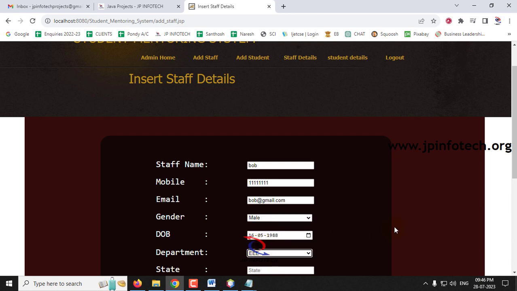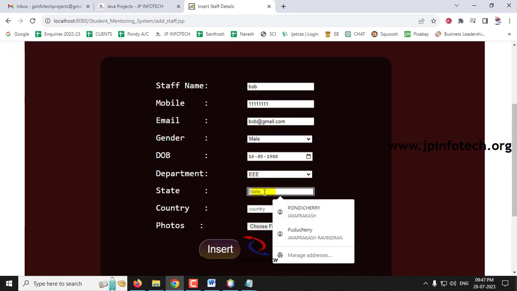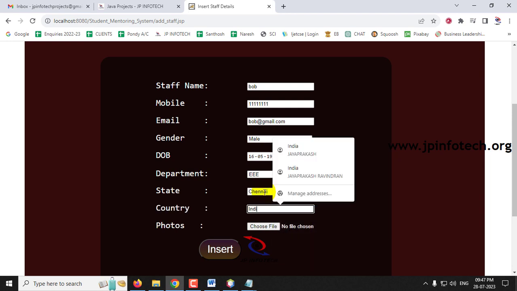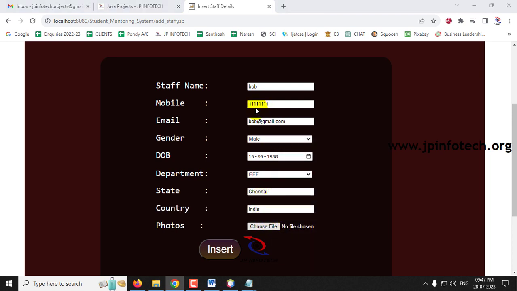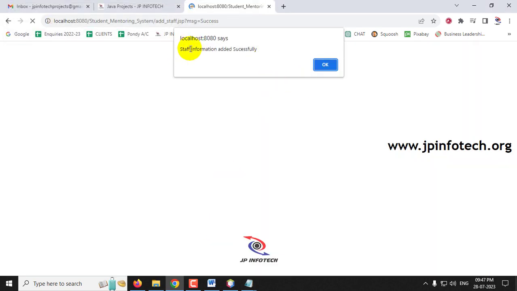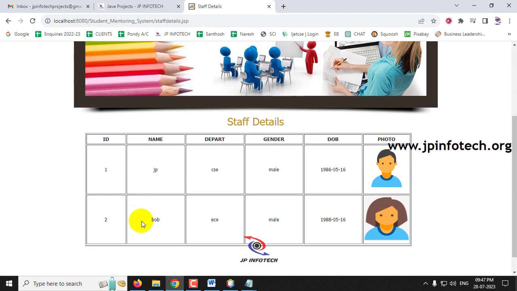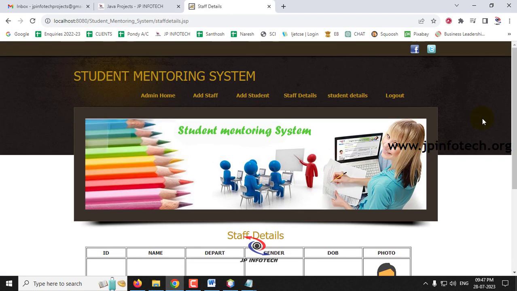Department, let me create EEE. Let me select a photo and then click insert. So now staff information is added successfully. If you go to the staff details, you can see the second staff which I added right now is inserted